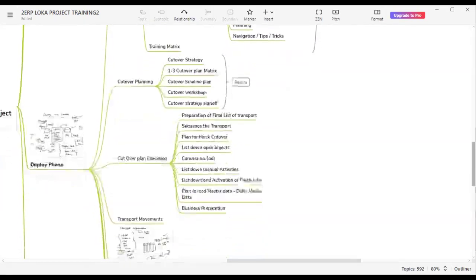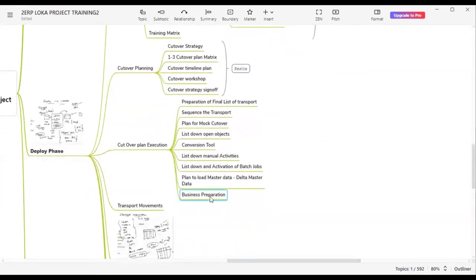Okay. And then you also need to prepare the business to stop all their activities when you're loading the data into production. Only when you're loading the data into production, you need to ask business to stop all the activities which are going to happen. So that is the reason the cutover task, loading the data, loading the POs, everything is going to happen